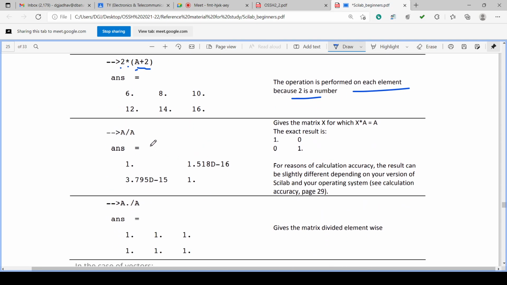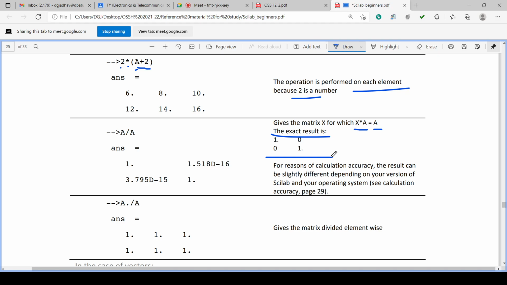In this way, A slash A gives the matrix X for which X star A is the result, like this 1 0 0 1, isn't it? Identity matrix, isn't it?